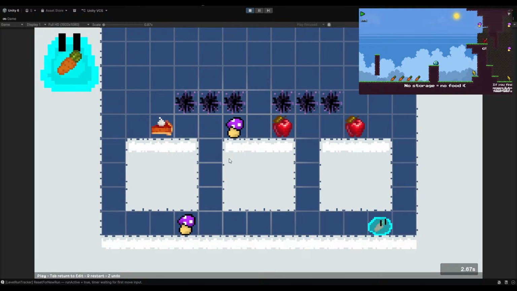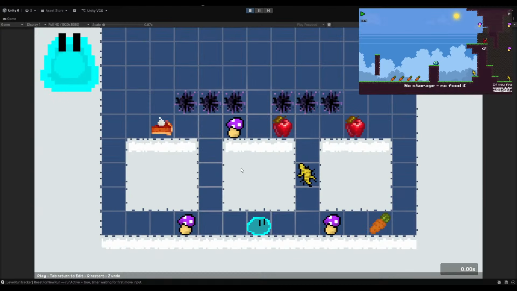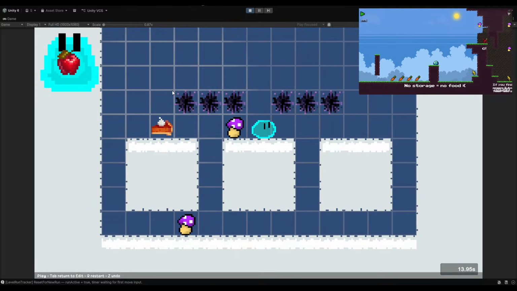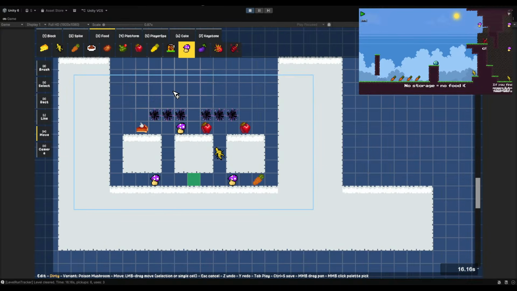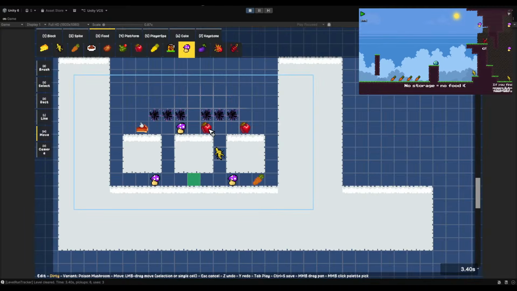So the expected win is you go here. Oh, actually, this is possible jump if you do that. Oh, maybe I don't want that. So that is like a speedrun trick. Maybe we leave it as like a secondary option for anyone who wants to beat the level faster. So they can use apple there. They can't touch this, right? So it's like another way to show that, hey, you don't want to pick this up if you have a food in the slot. And you can still win. All right, you know what? I think this is surprisingly an okay level. So you can do that to win.